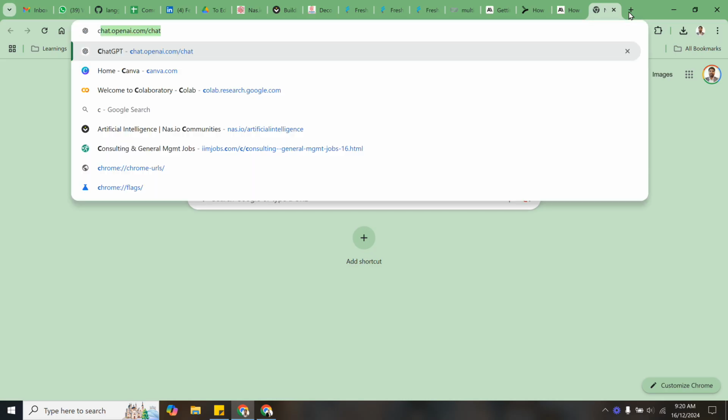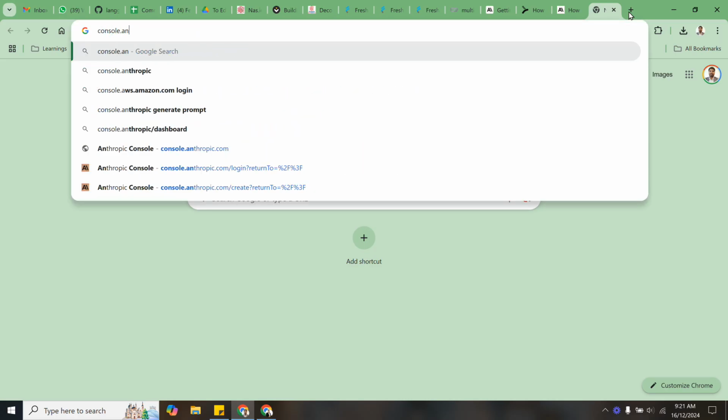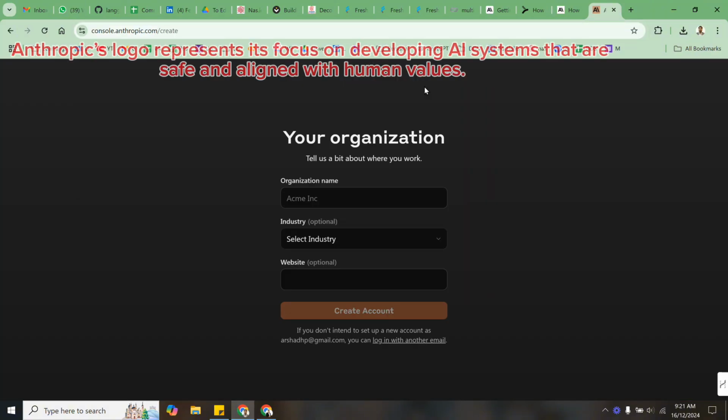How to get a Claude Anthropic key? So you need to go to the website console.anthropic.com. So this is where you can get your API key for a lot of the stuff that you want to do. Put your organization name,